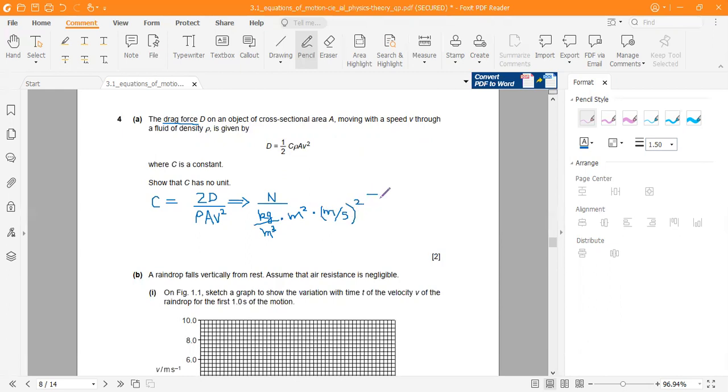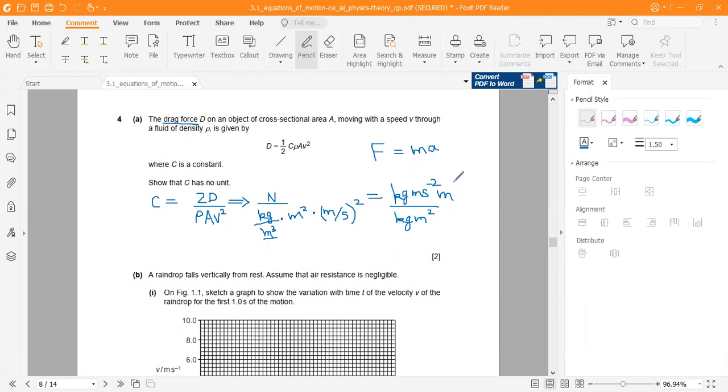If I further break force down, I know that force is basically equal to mass times acceleration, ma. Then kg will cancel, and you will have no units. Meter per second squared is the unit of acceleration, divided by kg over here. This m will come on top. This will come here, kg meter squared.